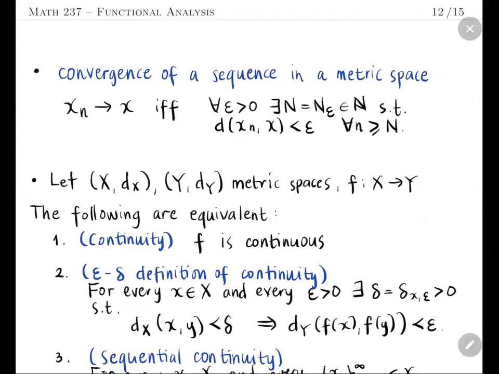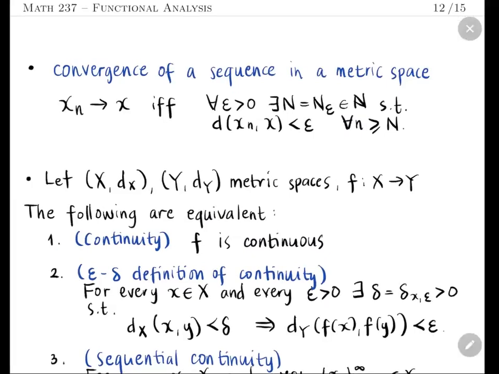Okay, so let me give the alternative formulations of convergence and continuity of maps with respect to metric spaces. Since we have a topological base for the metric topology, the concept of convergence and continuity can be formulated in terms of open balls. For instance, in the case of convergence, if I have a sequence x sub n converging to a point x,